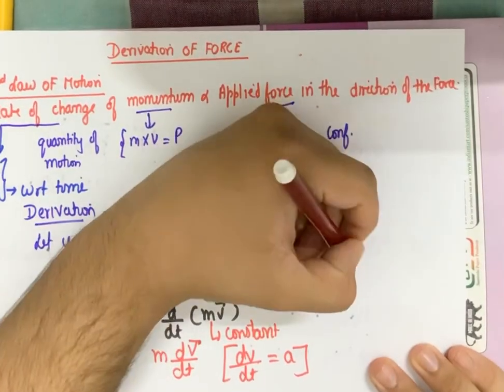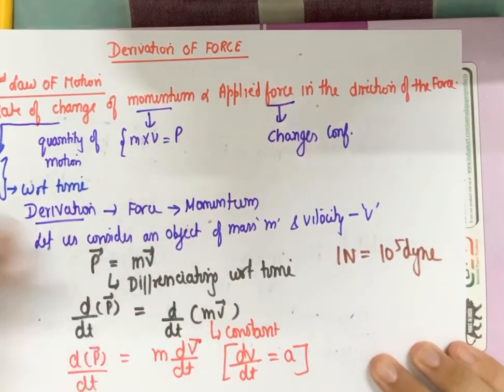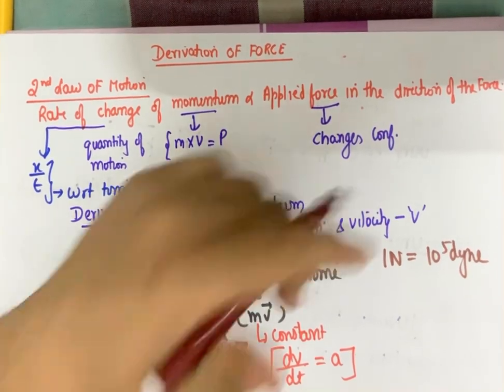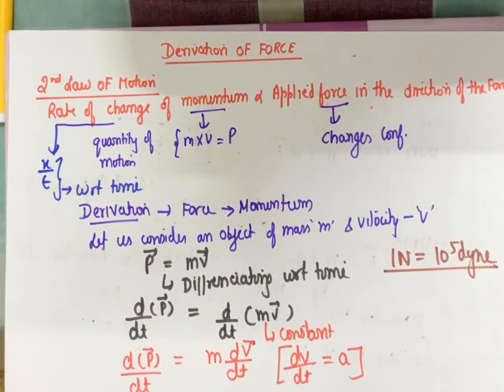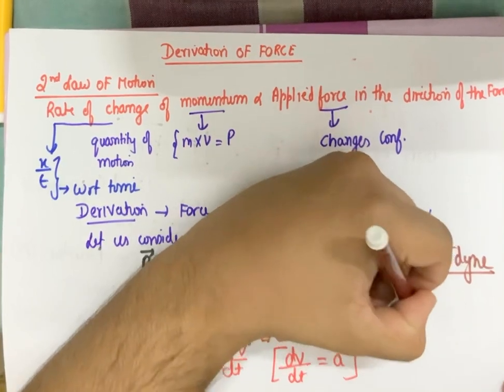The formula is, I'll write it here, 1 Newton is equal to 10 to the power 5 dyne. To get this formula we can use dimensional analysis. There is a concept in units and measurements called dimensional analysis. From that, this formula that 1 Newton is equal to 10 power 5 dyne can be found out very simply. In case you want me to do the dimensional analysis for this, please do write in the comment section so I can prove this formula by dimensions.